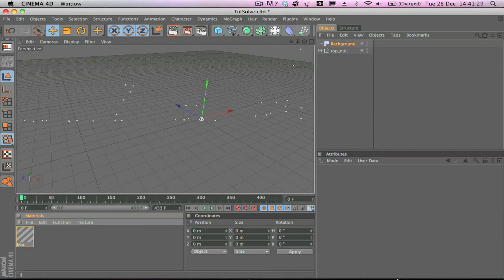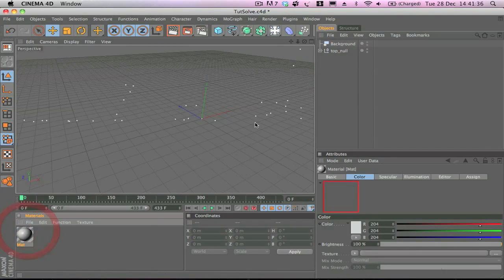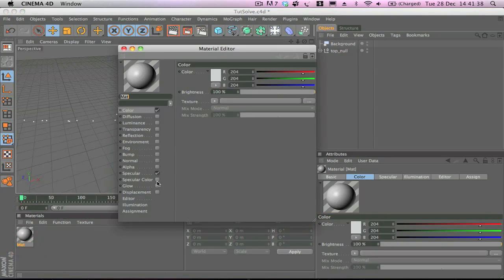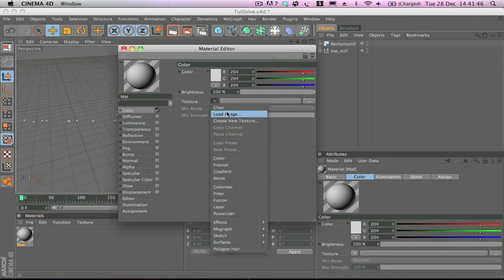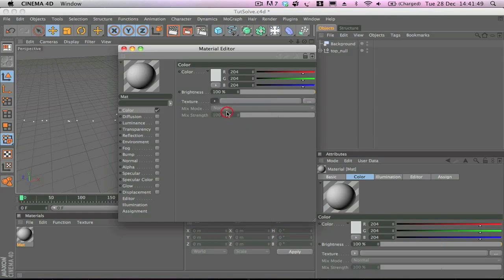My computer's on a bit of a go slow because I've got all these programs open, but we'll crack on anyway. So open up your material browser, turn off specular, and then within the colour channel, hit texture, load image,